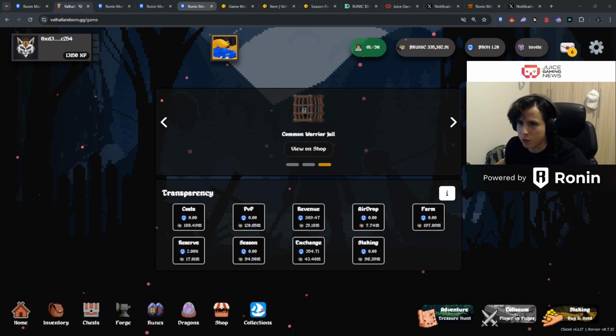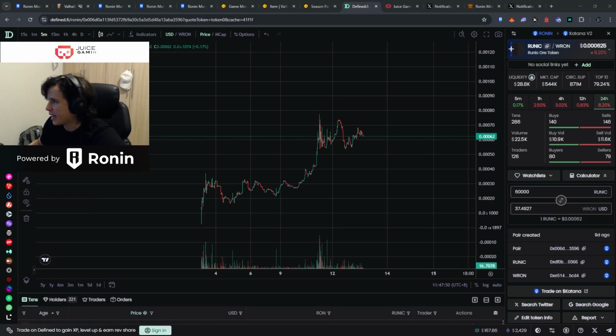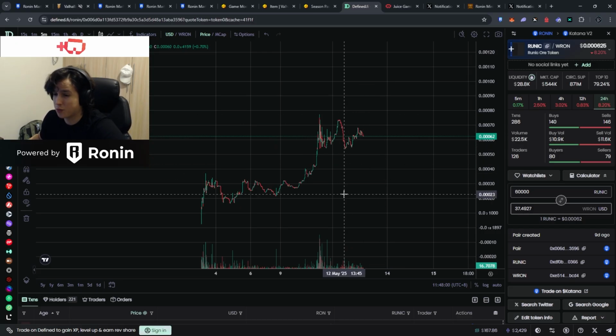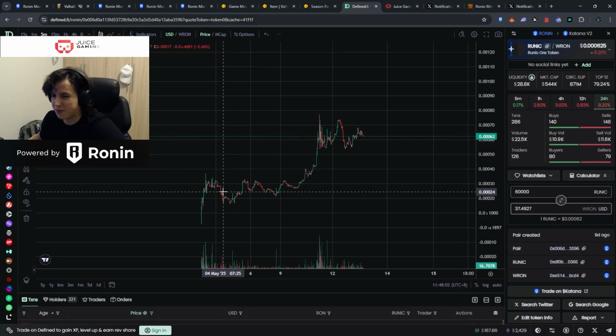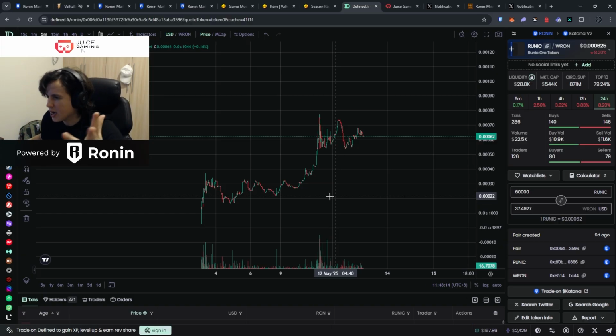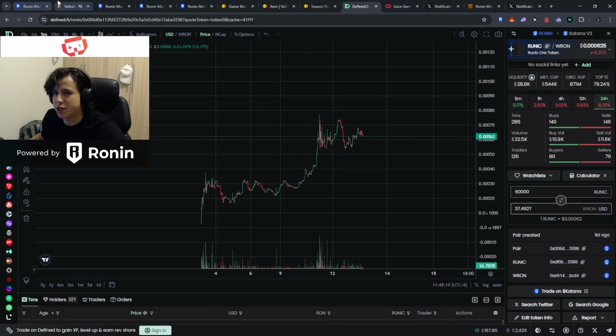So if we were to go right here and check the token, which is the runic token, at the current price, if I'm getting around 60,000 tokens, that is around $40, $37 to $40, depending on the fluctuation of the token. Now, when we started this, it was probably like $15, $20. And as the token goes up and people need the token within the game, the token goes up. As the burning goes up and the team is burning and buyback and burning, the token is going to continue to go up. It does have a little bit of ponzinomics here,